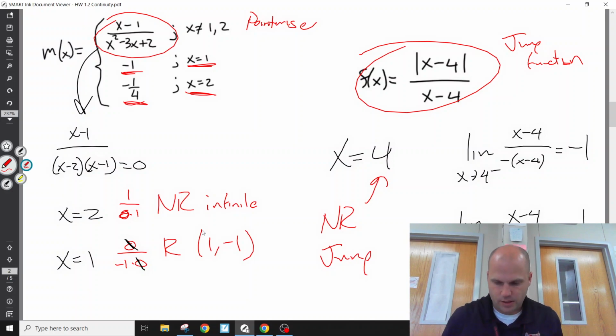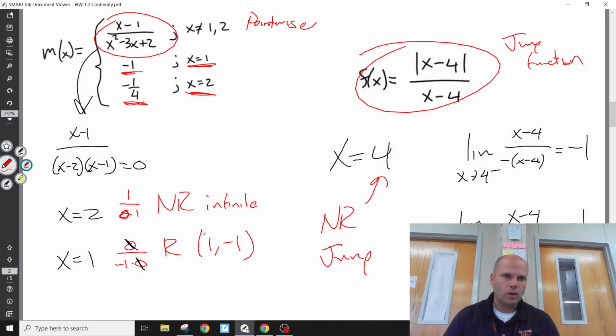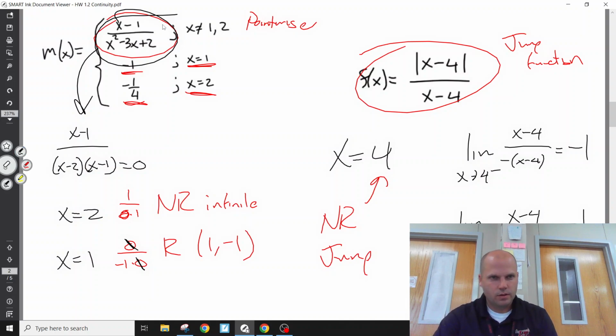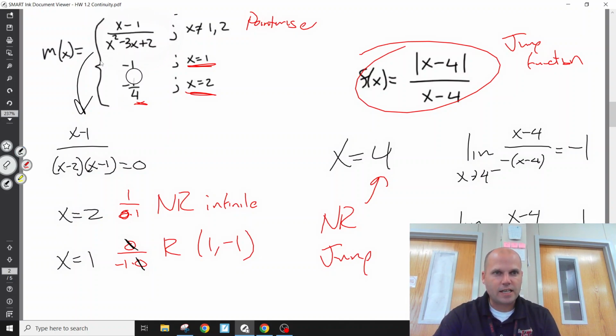Okay, I've done some analysis. If the question was analyze this function's continuity, you would say you have a discontinuity at 2. It's a non-removable infinite. And you'd have a discontinuity at 1. It's removable. It's a hole. Here's the location of the hole. And you'd be done. But this is different because we are told, hey, actually, you're not supposed to be using